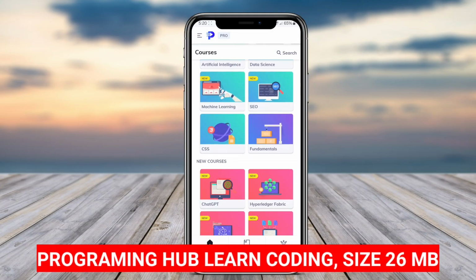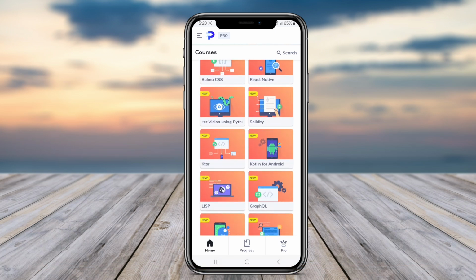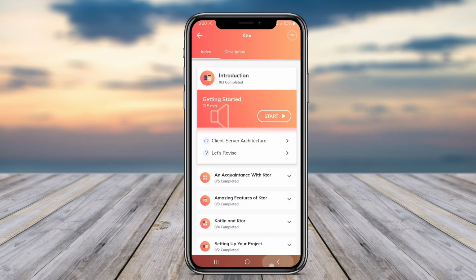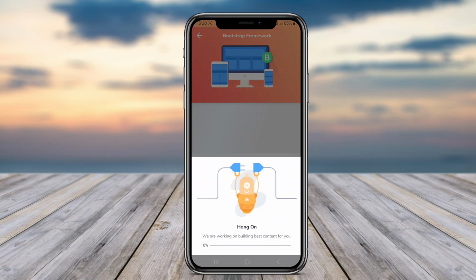Programming Hub Learn Coding. Programming Hub is an educational app that focuses on a wide range of programming languages and concepts. It offers a vast library of courses covering languages such as C, C++, Java, Python, and more, catering to both